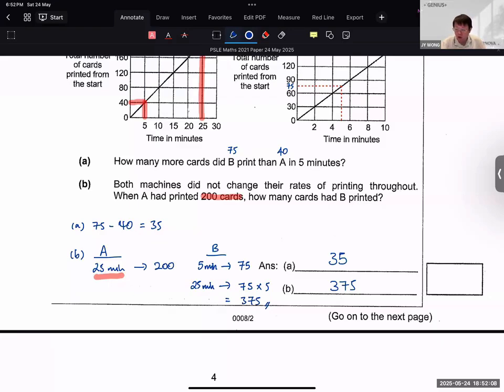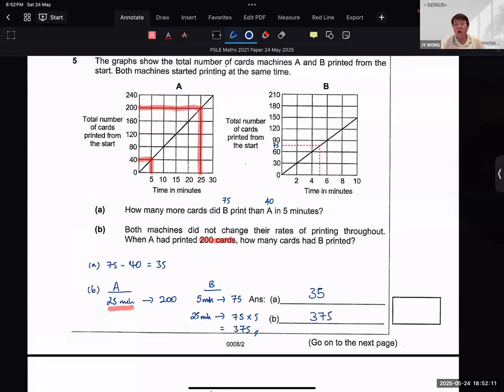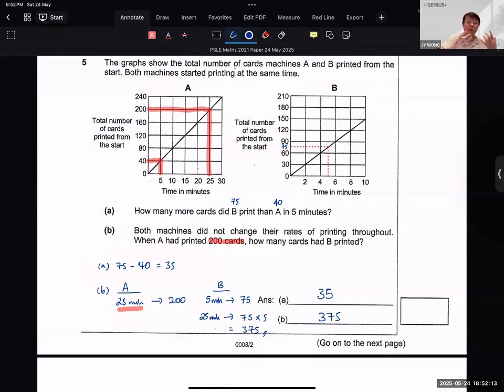So even though B doesn't show you the exact graph, you can extrapolate because it's a constant rate. So the first thing that is important here, you find A takes how long to print your 200 cards, which can be just directly read off the graph, which is 25 minutes. And then using the rate that you found in part A,